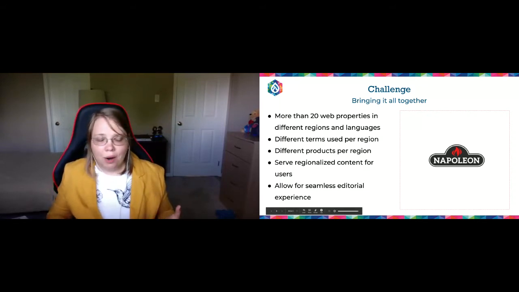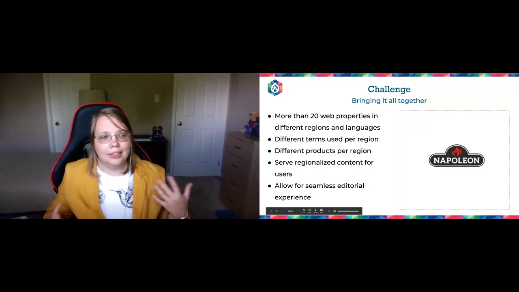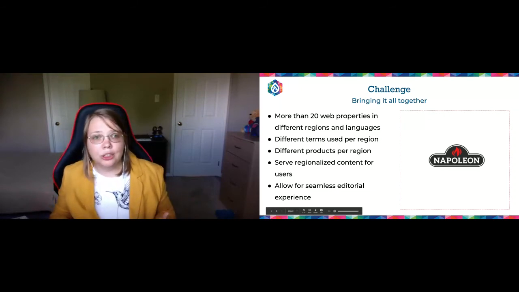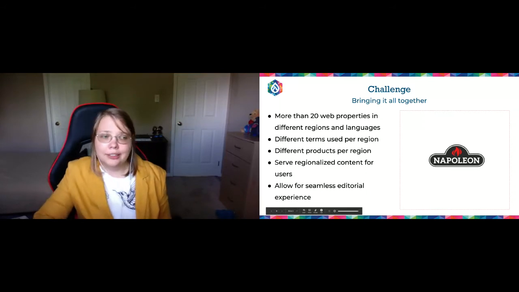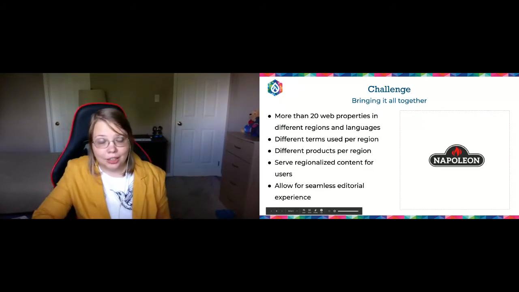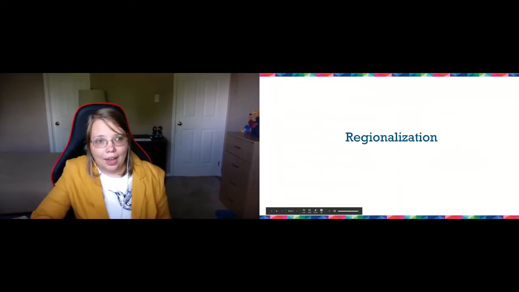In terms of marketing, the team told us that they had slightly different segments and personas based on the region. Certain regions were more focused on one thing, while other regions had a different appeal. It was very important for the editors to be able to target the correct audience per region and also tailor the marketing experience to that persona. They also wanted a seamless editorial experience where editors were able to create the content once and publish it everywhere. So with this challenge in our hands, we moved into the first step,